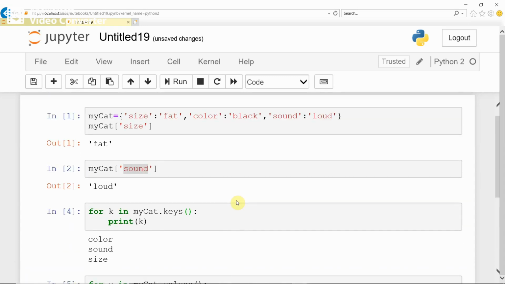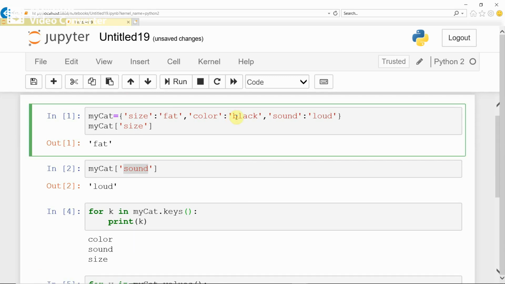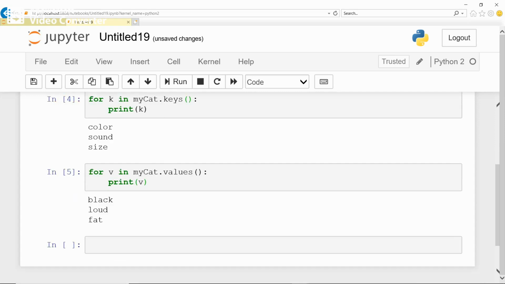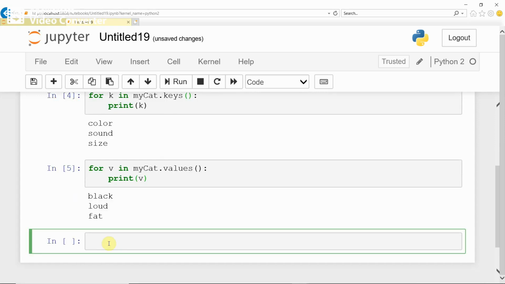What's the first value? The first value is actually fat, but first it is displaying black, next it is displaying loud, next it is displaying fat. Anyhow, it displays all the values. Okay. Now, next